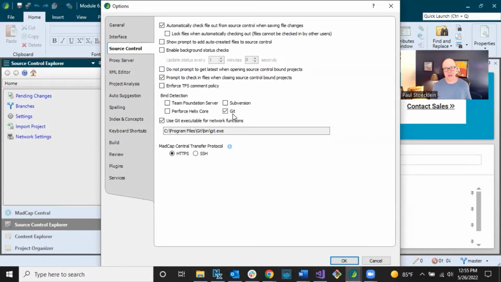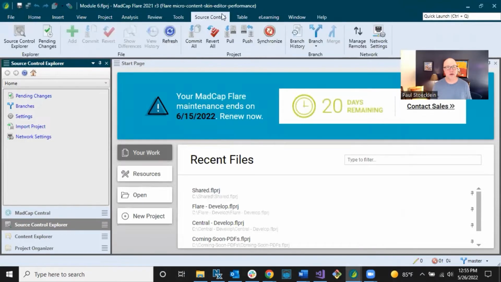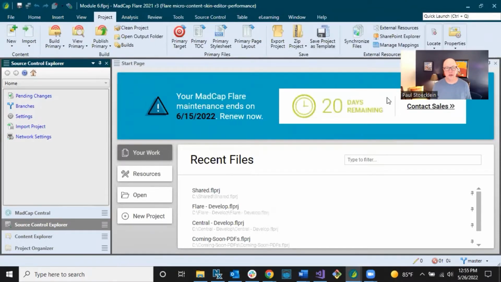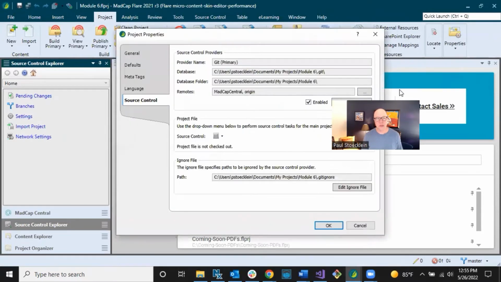Let me tell you what else this relates to. If you want to use another tool other than Flare to do all your source control tasks outside, and you just think, I don't even want to see the source control ribbon, I don't want to see the source control explorer, none of that UI, that's fine. You can do that. The way that you can handle this is go to Project Properties,